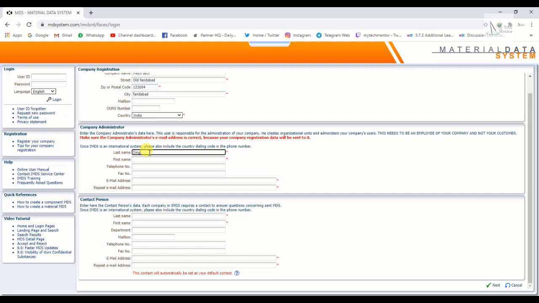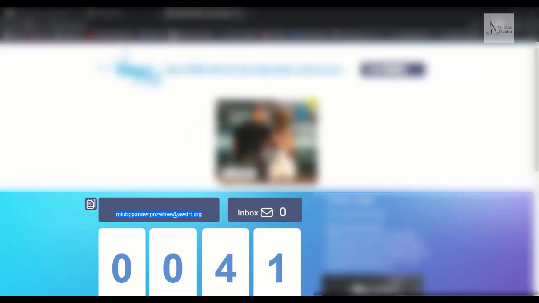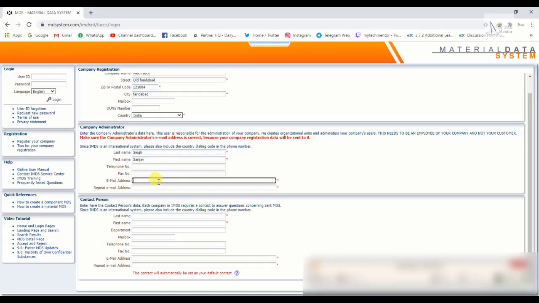Last name, then first name, email address. Paste here and then repeat email. Now we have to add a contact person.